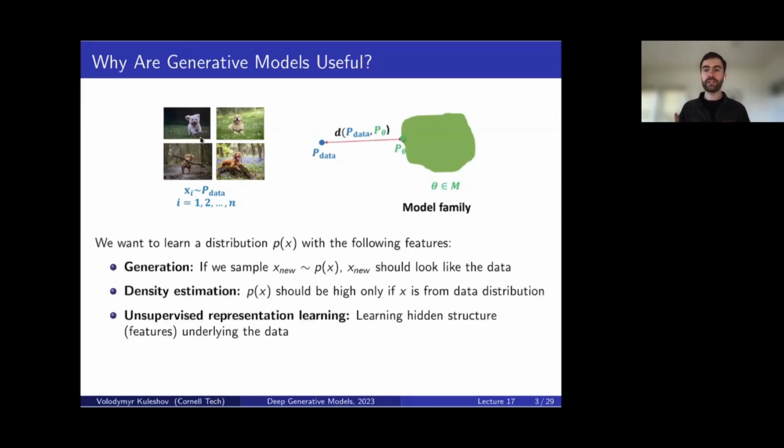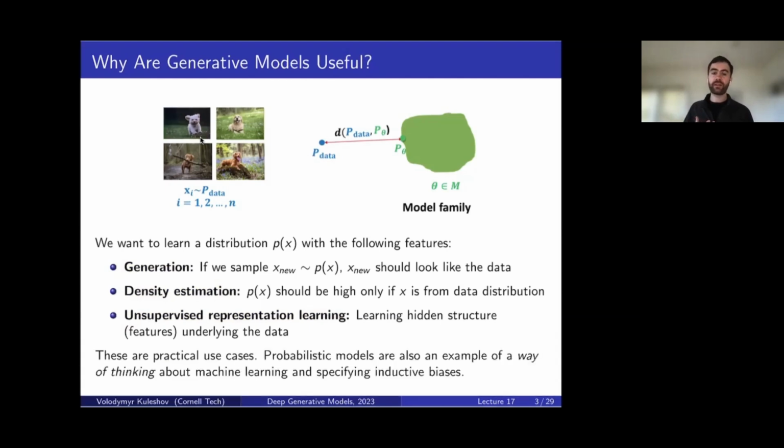So just to set some context, we saw in the first part of the course various types of generative modeling families that each can solve various subsets of these three tasks, which include generation, density estimation, and unsupervised representation learning. So the models that we saw were tools for solving these very specific tasks and use cases. In this lecture, I want to, in a sense, step back and